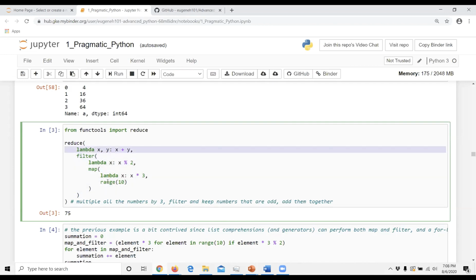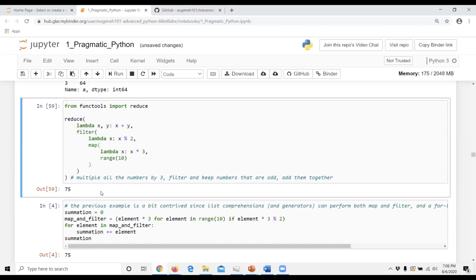And finally, I'm reducing here. So reduce is basically a for loop with an accumulator. So I'm just adding all the odd numbers together. And at the end, you get another odd number. So basically, this map is a for loop that is multiplying all the numbers by 3.